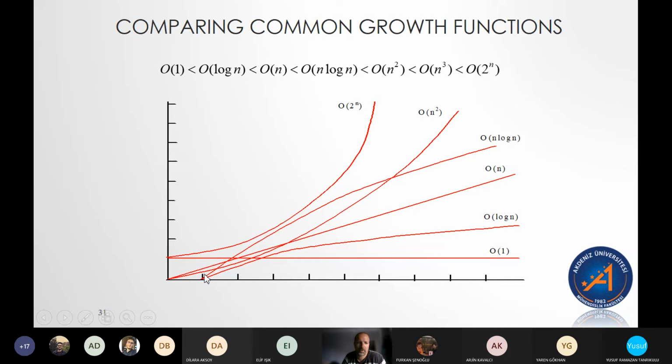When look, they start out way down here. What if the size of our data was 1? What if the size of our data was 2, like this algorithm here? This is the log n. Okay, what if the size of our data was 2? Then the log n algorithm would be faster than the constant algorithm. And that's true,